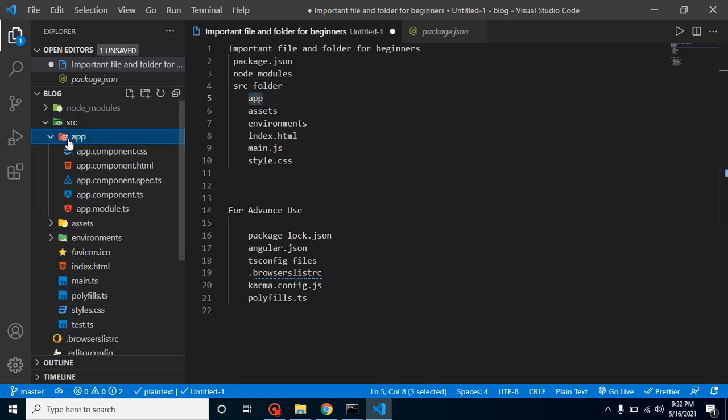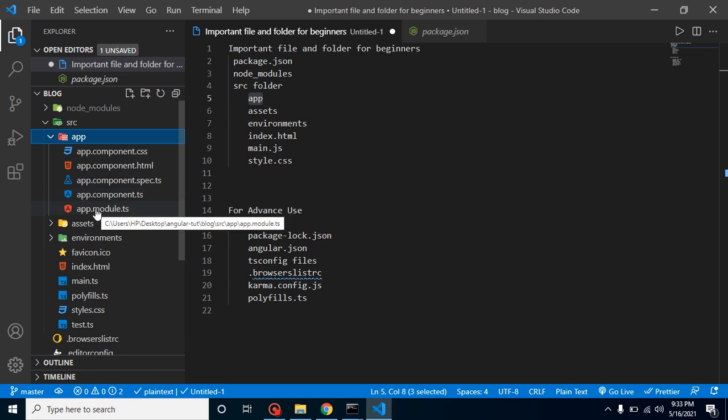So this is basically a component. Now you may have a question: what is a component? We will create a separate video on components and modules, but for now you can see that a component is basically a bunch of files for a specific functionality. So let's say you want to create a login, logout or sign up functionality. For that we can create a component, right? In every component we have some files, like a css file for style, an html file for writing the html part, a spec file for testing, and a ts file for writing the logical part, the TypeScript code.